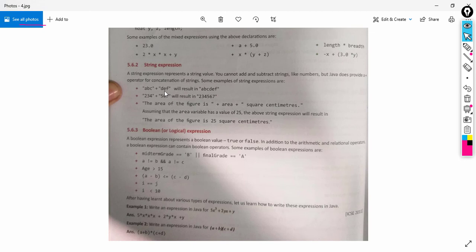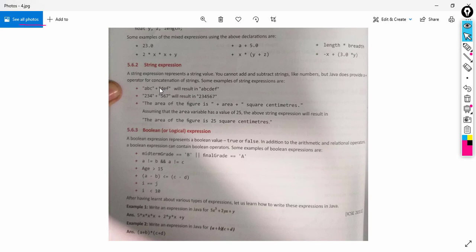We cannot add something new to a string in the arithmetic sense, and we cannot subtract from a string, but we can modify it, meaning we can join two strings. Here you can see ABCDEF written in double quotes, so obviously both are strings. We can join these two strings together, and ABCDEF will be one string after concatenation.